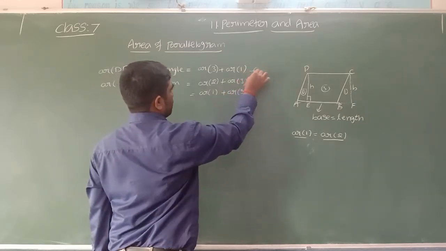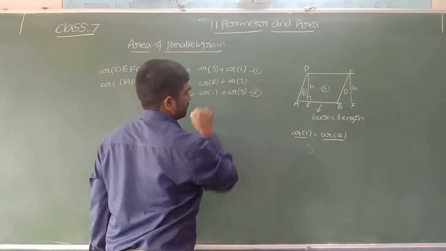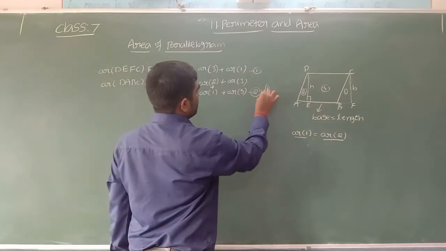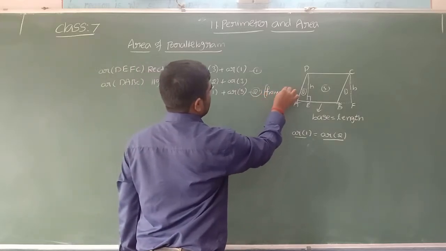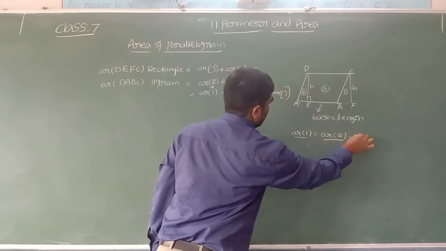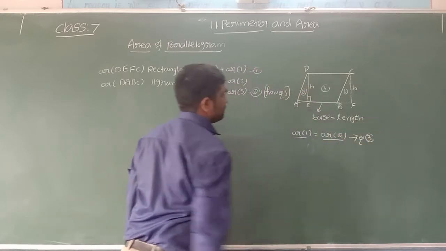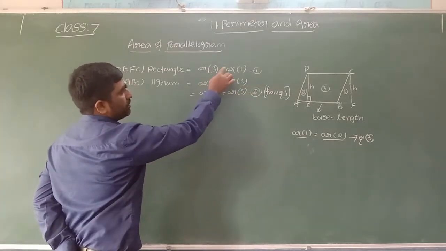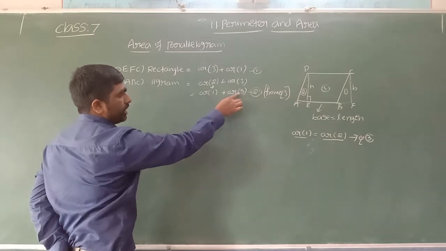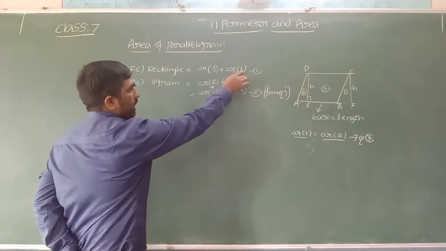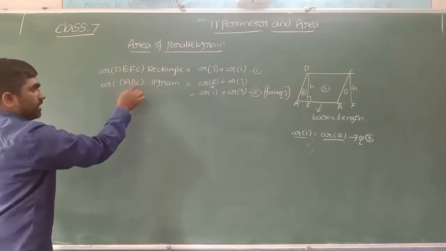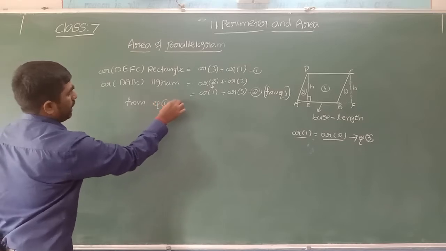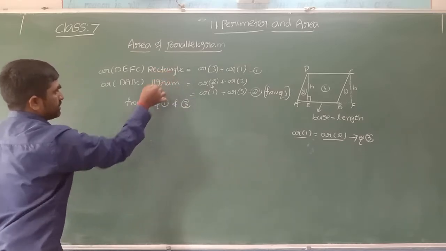So let me take this equation 1, this equation 2. Now here I took area of second part is equal to area of first part. This I took from equation 3. So where we have equation 3? Here we have equation 3. Now from the first part and second part, area of third part plus area of first part, area of third part plus area of first part. As their RHS are equal, their LHS is also equal. Now from equation 1 and 3, we can say that their LHS is also equal.